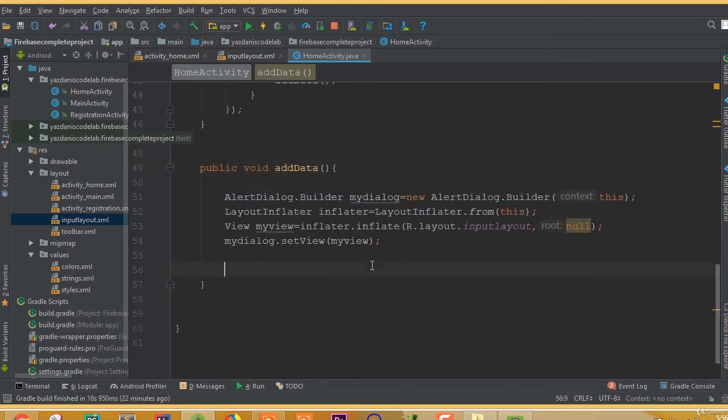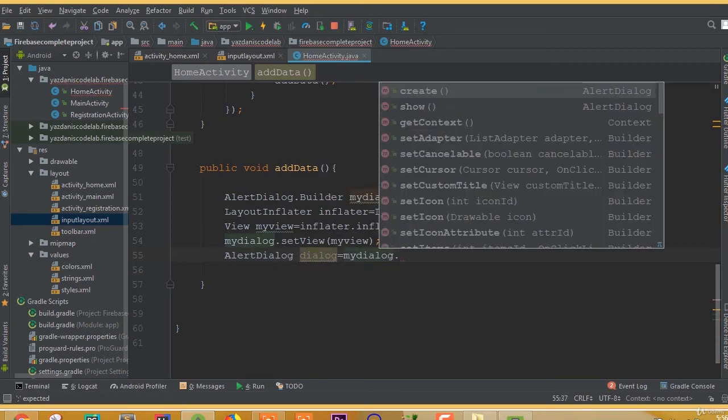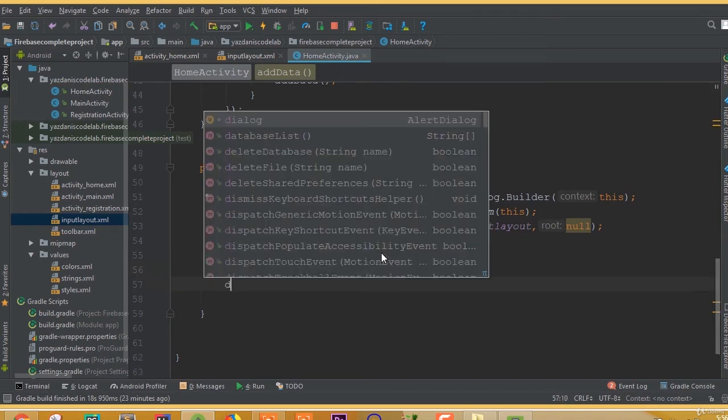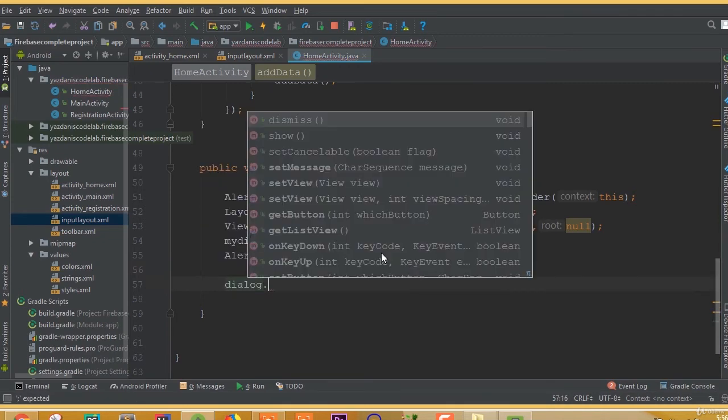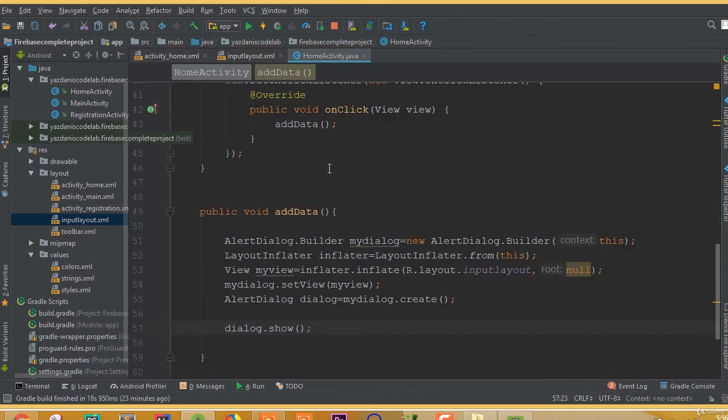Now we need to show our dialog. So if we want to do this, first we need to create an object of our alert dialog, we can call it dialog, and now we need to connect it with my dialog dot create. Okay, now we can show this dialog. So dialog dot show. Okay, now I think we are ready to go. Now hit this run button. Hopefully we will be able to see this,